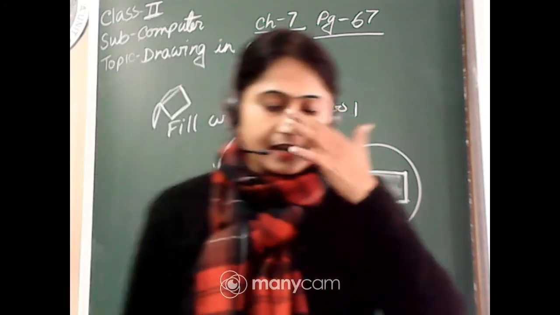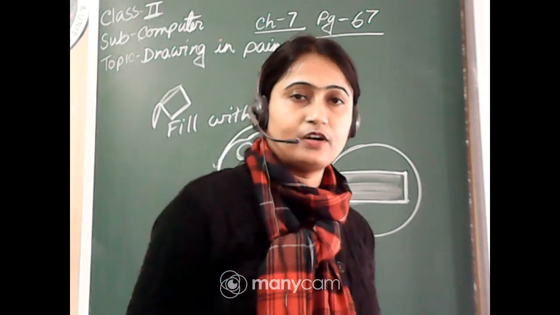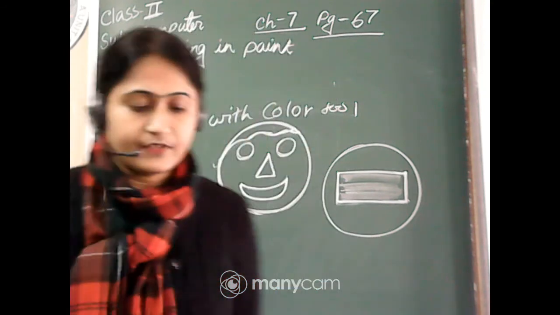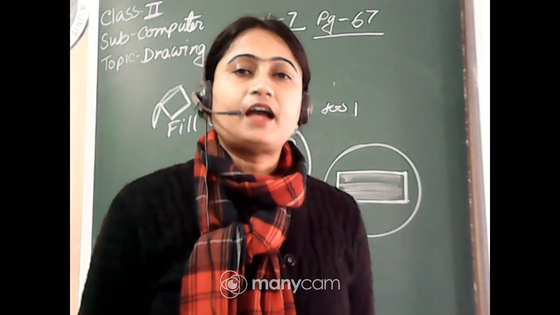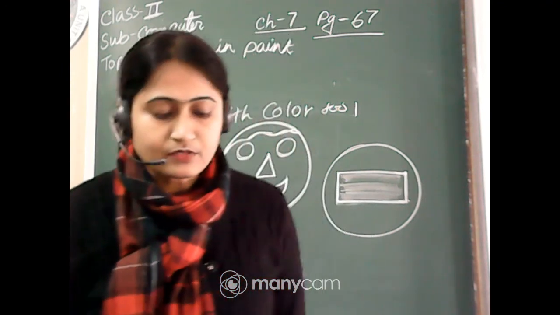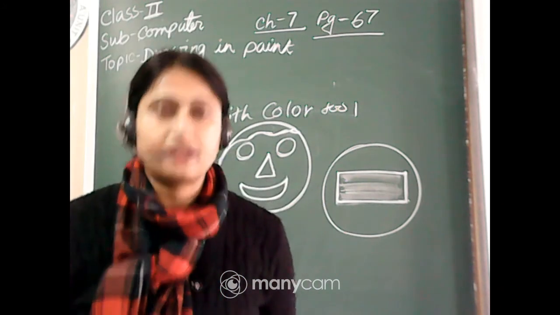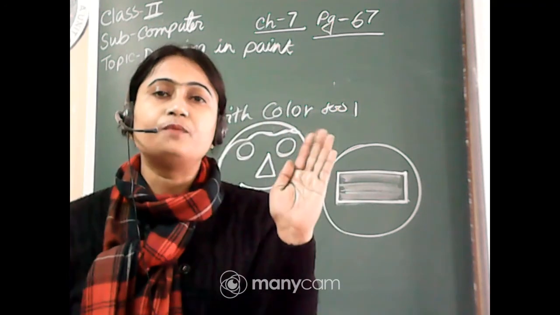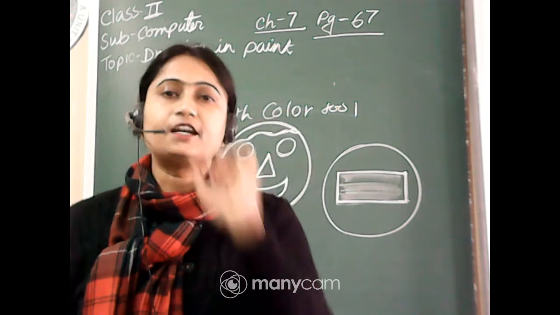Okay, and now click fill with color tool from the tools group. From the colors group, I already told, you have to choose the color and then the fill with color tool, and then bring the pointer where you want to apply that, and then left mouse button click. Now selecting the foreground color and the background color. We can see there is a color 1 button and a color 2 button beside the colors group.